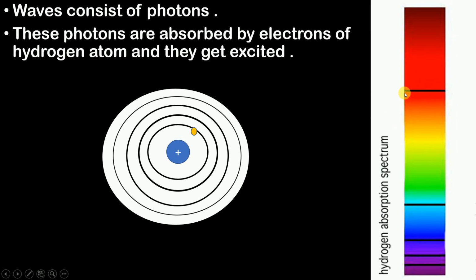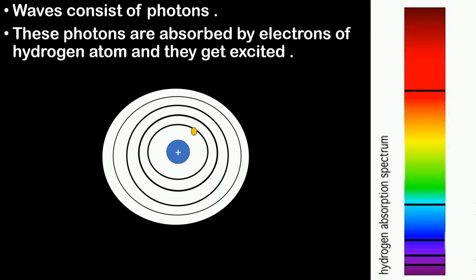Whether it is absorbing this wavelength, or this wavelength, it completely depends on which wavelength of light it is absorbing. So whichever wavelength of light it absorbs, it will make a transition from a lower orbit to a higher orbit. Now, what is the relation between the number of the orbit and the wavelength? You will understand it ahead. Now we make again certain changes.